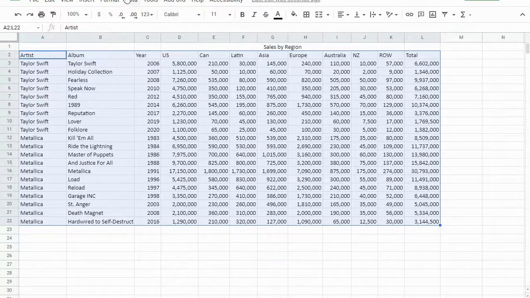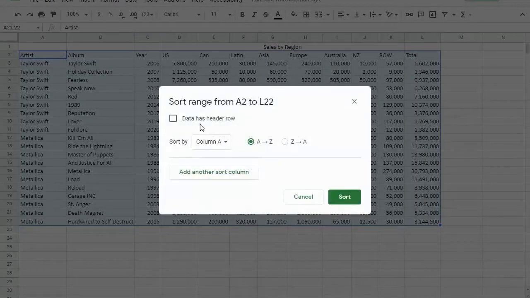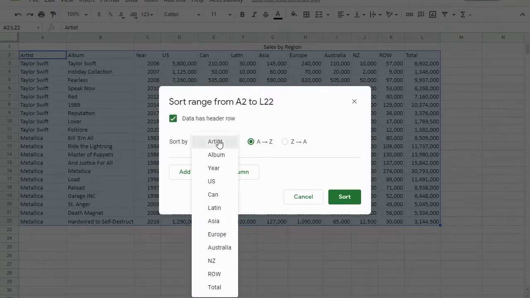And then I'm going to sort it. So I'm going to go to data, and I'm going to go to sort range, and I'm going to say my data has a header row. That means that the top row has the labels. If I had selected that top row here with sales by region, then that would have been the only thing that would have showed up here, and I would have had to figure out which ones I was trying to sort. But since I selected it the way that I showed you to, I can now sort it by artist,